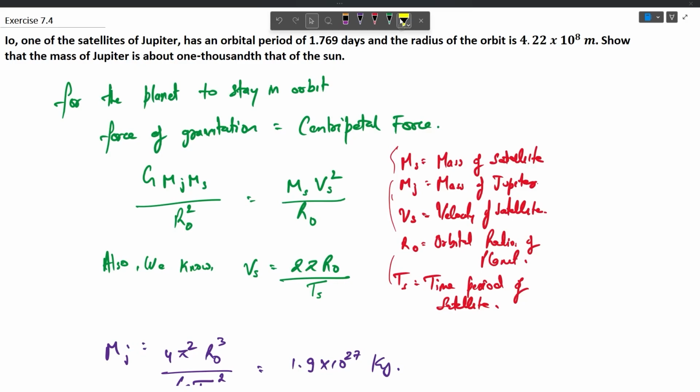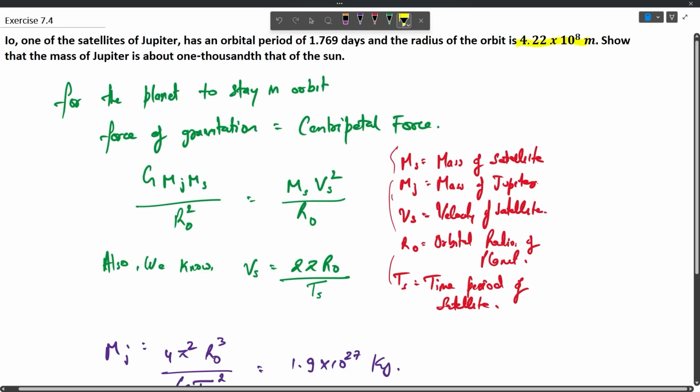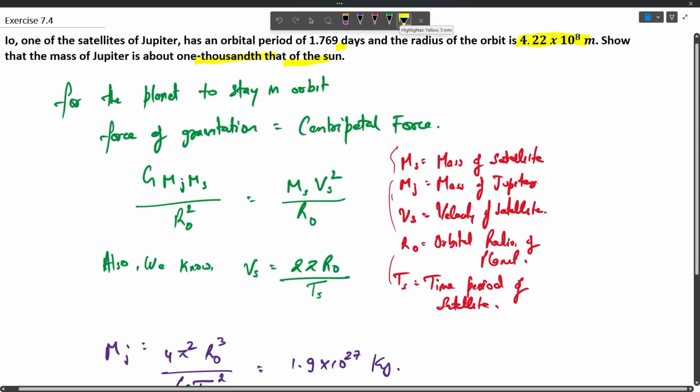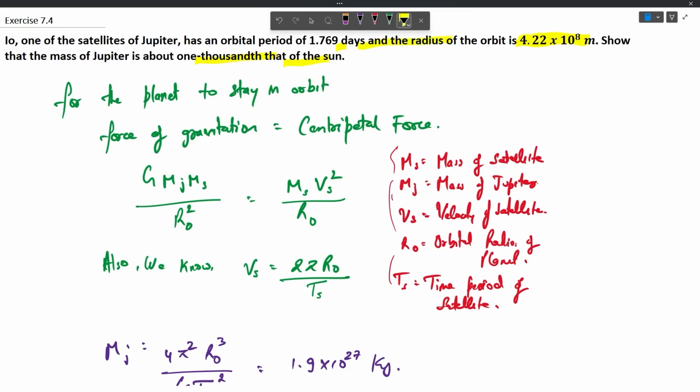The question says that Io, one of the satellites of Jupiter, has an orbital period of 1.769 days and the radius of the orbit is 4.22 into 10 raised to the power 8 meter. Show that the mass of Jupiter is about 1000th that of the sun. So we have been given the orbital period of the satellite, which is 1.769 days, and the radius of the orbit, 4.22 into 10 raised to the power 8 meter. From this data we have to calculate the mass of Jupiter and compare it with the mass of the sun, and show that it differs by a factor of 10 raised to the power